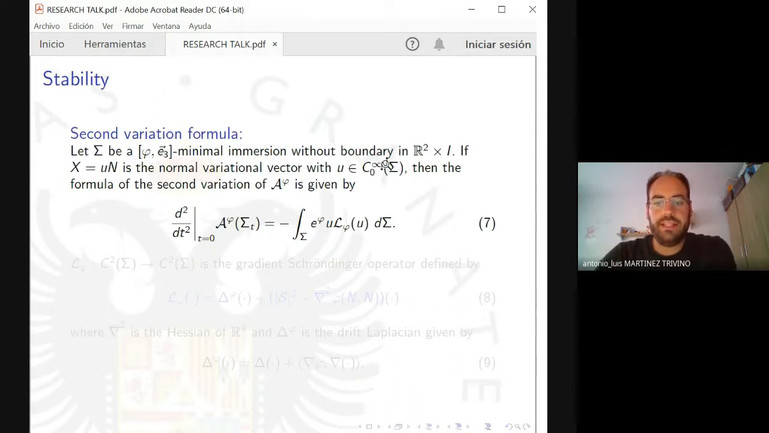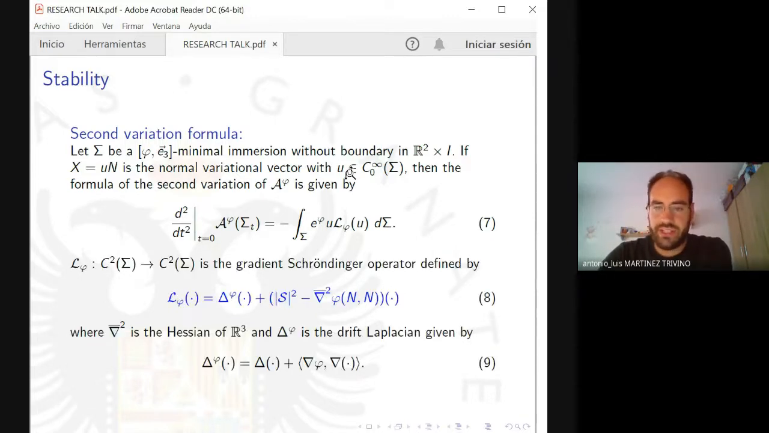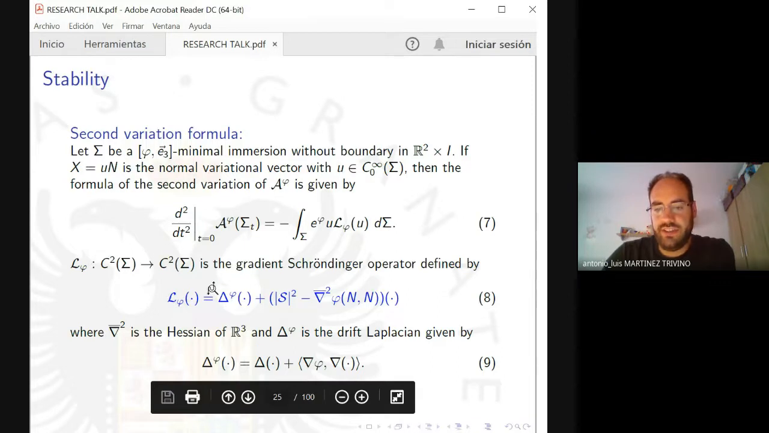Let sigma be a phi-minimal immersion without boundary in R2 cross I. If X is a normal variation field determined by a function u with compact support in sigma, then the formula of the second variation of the previous area functional is determined by the following Schrödinger operator defined by the expression. Notice that this term is the drift Laplacian defined by equation 9, and this term is the classical Bakry-Émery